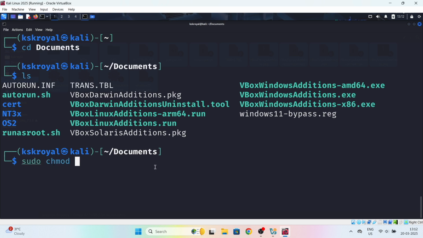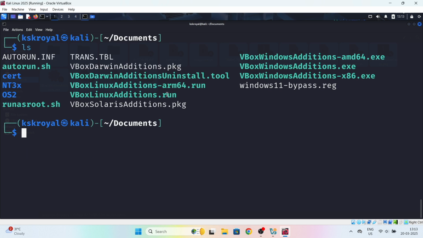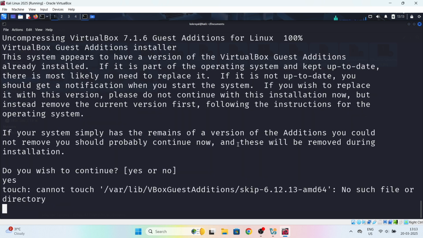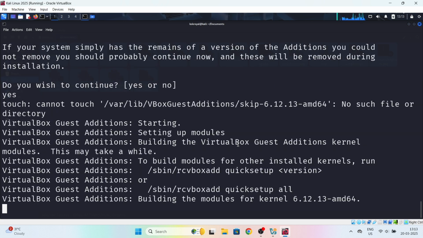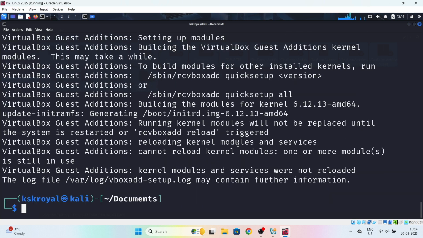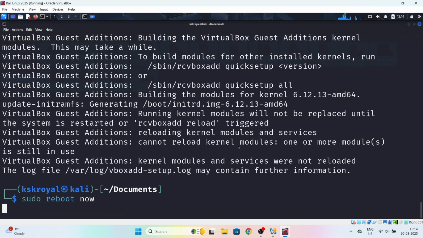To do so, change the permissions of this file by running this command. Then type this command to execute the package. Then type yes to continue. And that's it. Guest Additions support is added to the Kali Linux virtual machine. Now restart the VM for these changes to take effect.